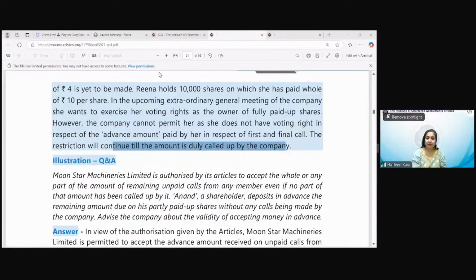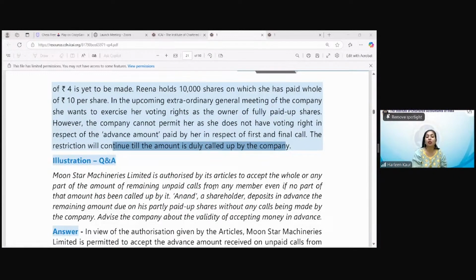Clear? See how beautifully your institute has made an effort. All the examples and illustrations are very, very important. They give you so much conceptual clarity, children. You must read each and every one. Keep making down your notes and keep reading all these examples and questions that they have given.